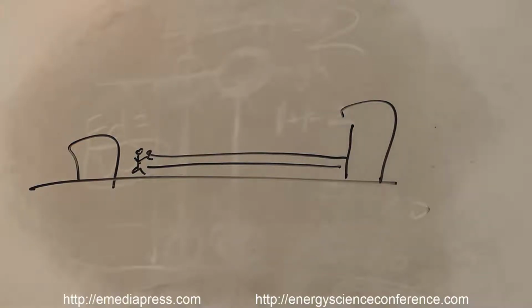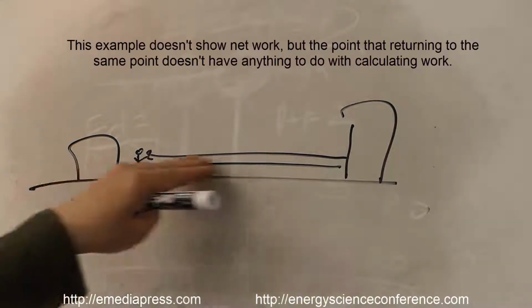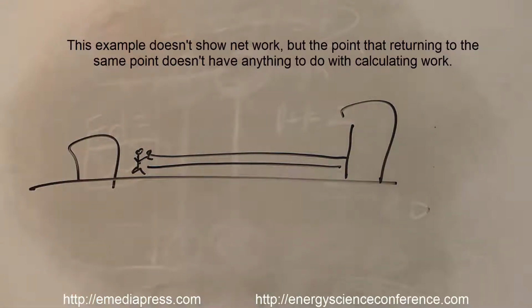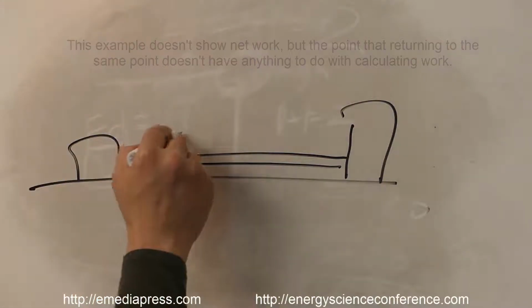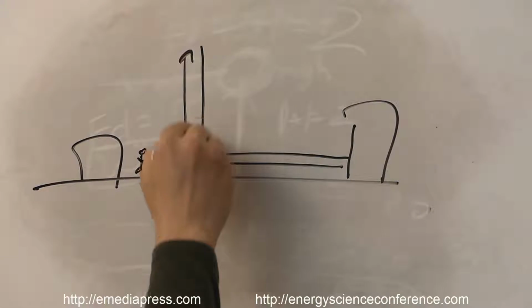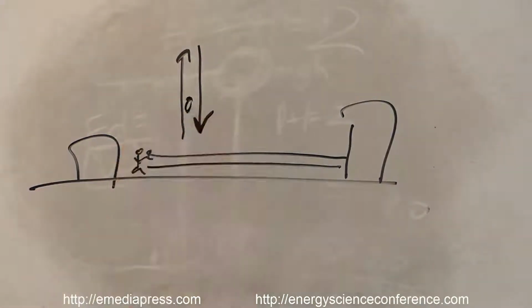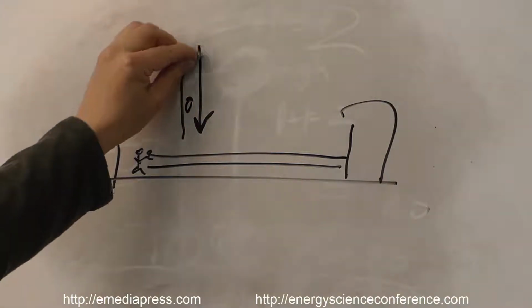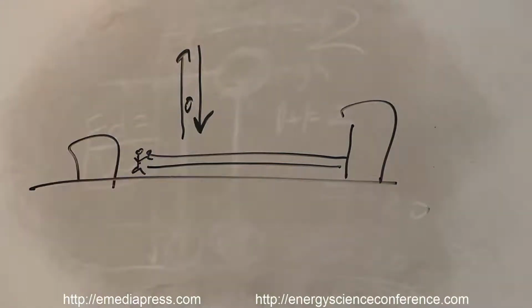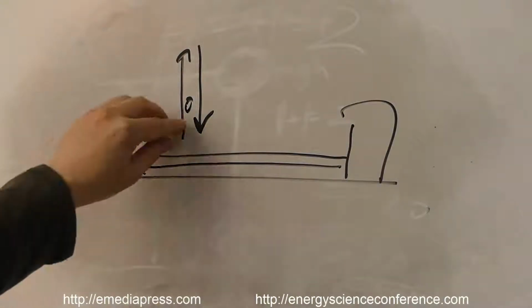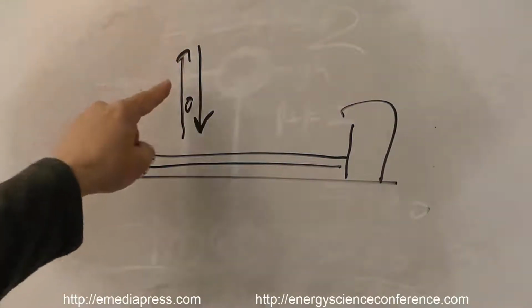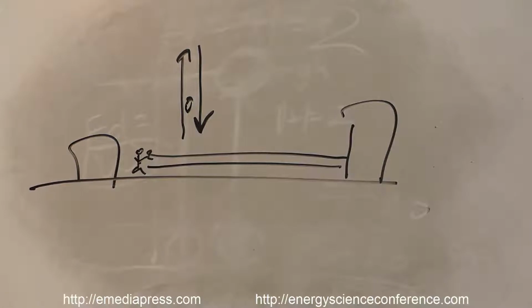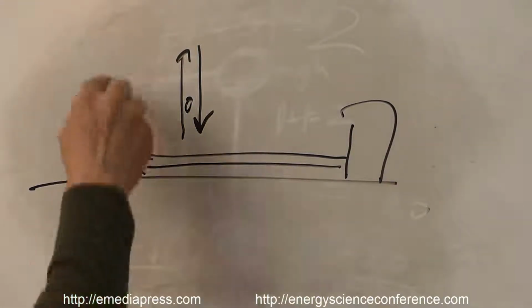And so what they're doing is they're turning a distance or a vector type of situation where you have a +1 this way and then a +1 this way. That'll sum out to 0. Okay, but that's just showing a distance going this way and a distance coming this way is 0. And what they're doing is they're taking this and they're trying to tell you that that represents work, but it does not, because work is force times distance